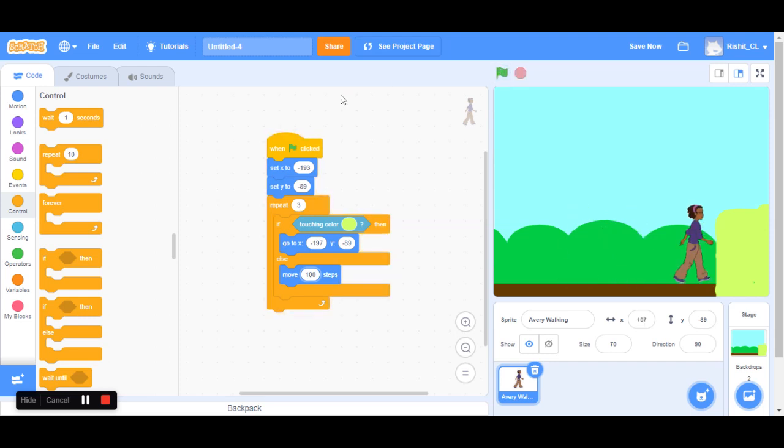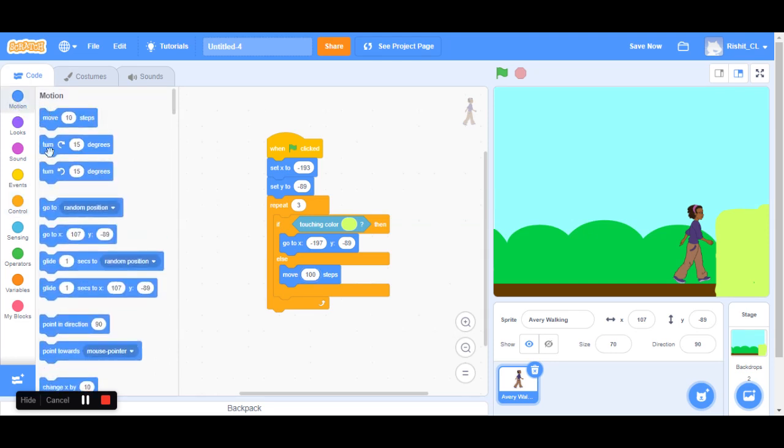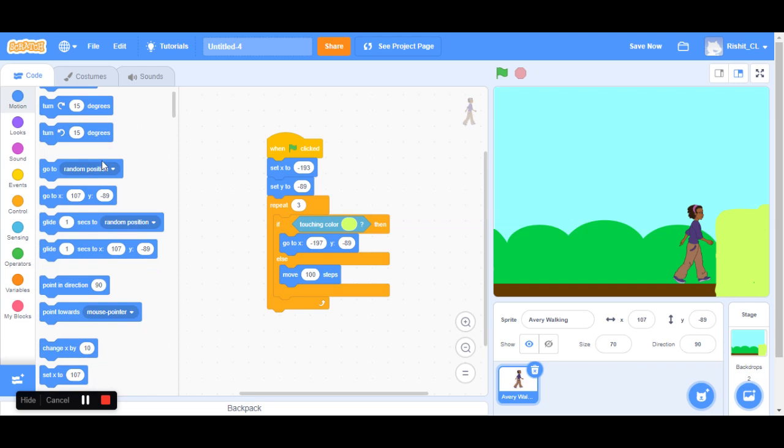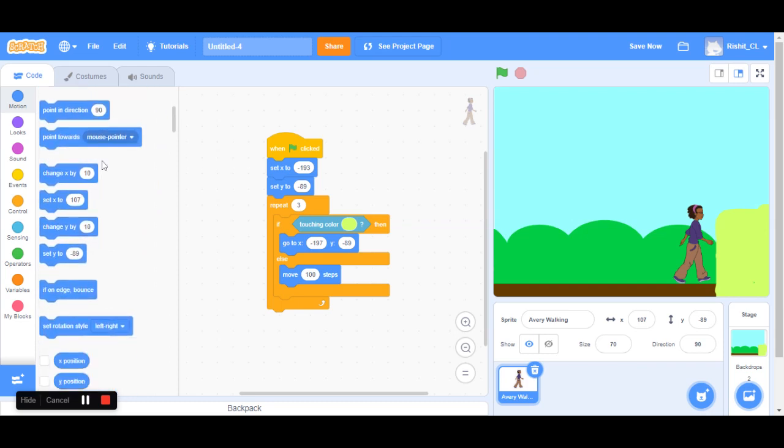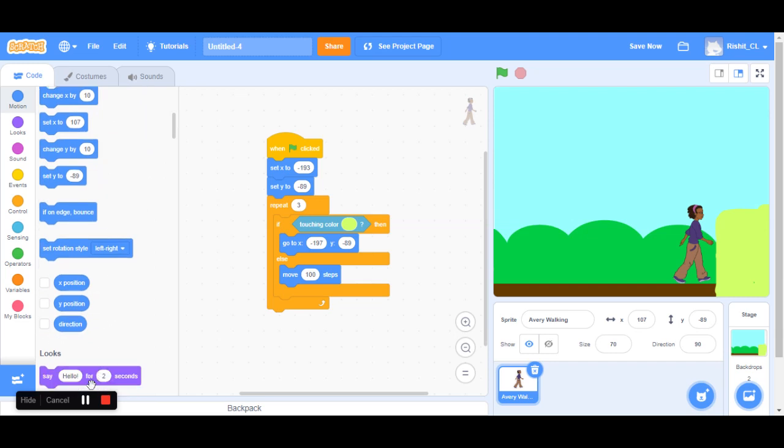As you can see, it's moving way too fast. So now what we want to do is go over here, and there's a glide option. So once we reach the end after reaching 100 steps, we can drag this where it's in looks.